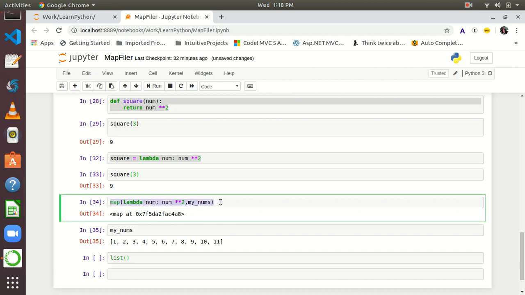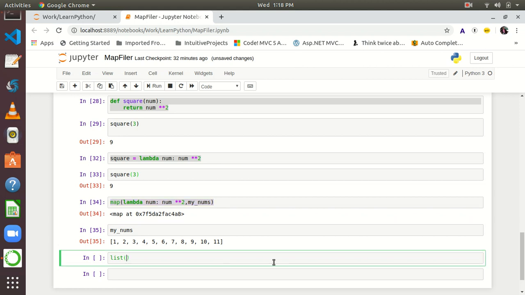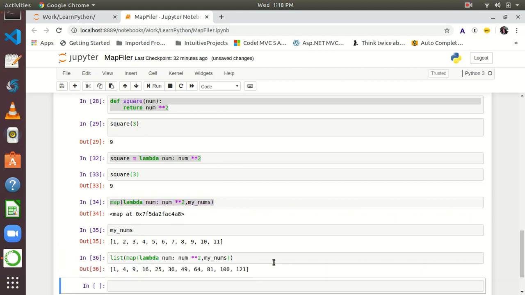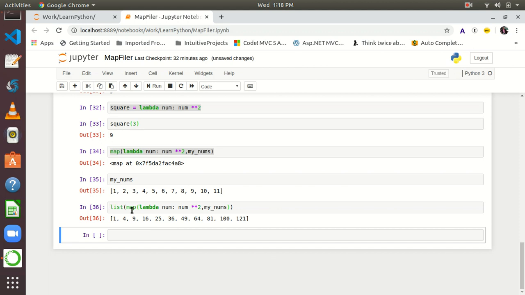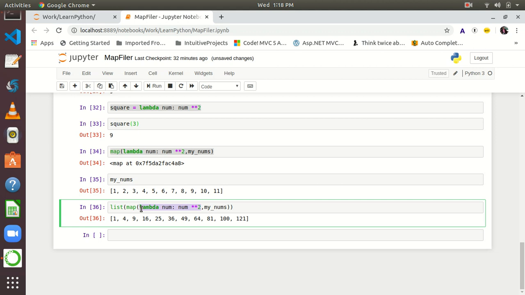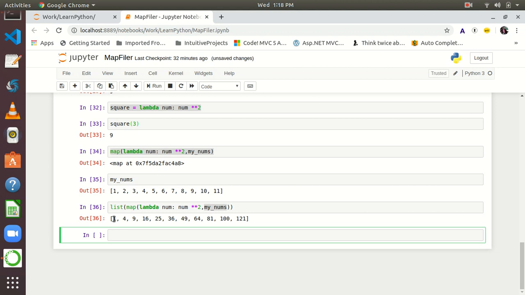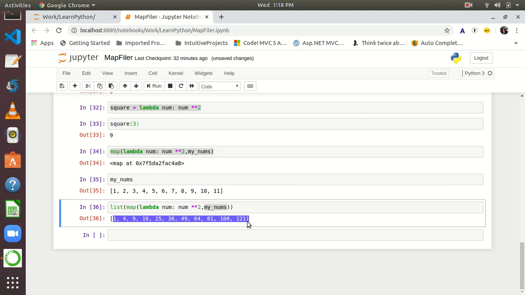Let's convert it to a list in order to see the output. Okay, see, using lambda function with map, we are able to do it inline. We haven't created any method. So the lambda function is an anonymous function we are using, applied to each item of my nums, and we got the squares of all the items. So that's the power of the map function,